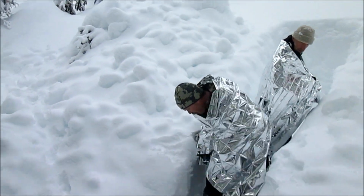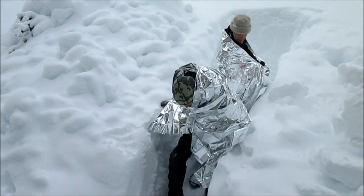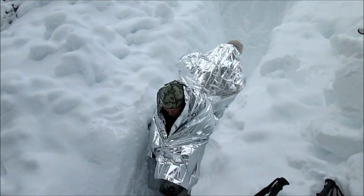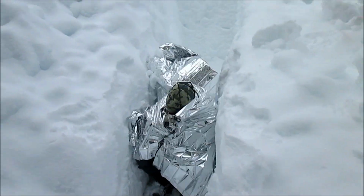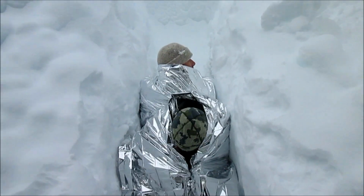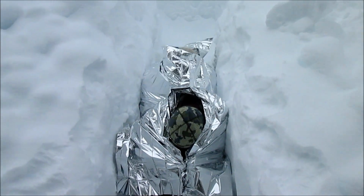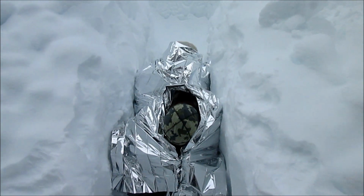So worst case scenario, if you're in a situation where you didn't have much energy or time, you could dig yourself a trench and thermoregulate back to back, benefiting from that conductive heat transfer of each other. If you have a thermal blanket, which everyone should have in a survival kit, that's going to benefit. But just imagine hunkering down, something like this, just quick, down and dirty, sheltering yourself from